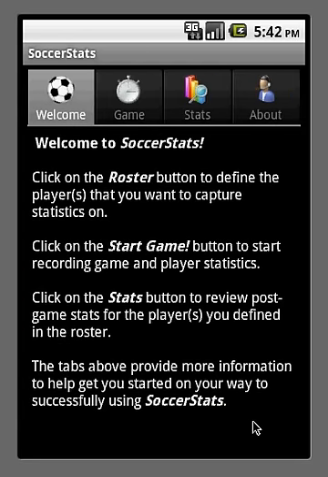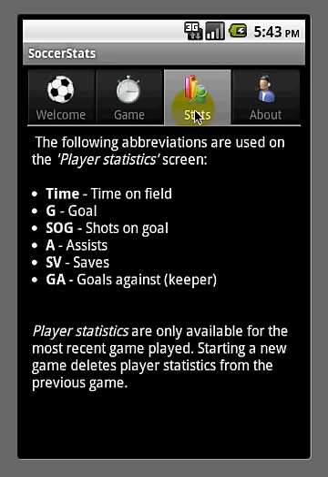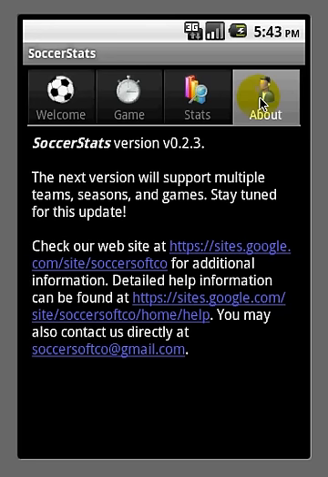Next we'll go to help. Help is where you can find a comprehensive set of help for the application. The Welcome tab that we're on now gives you a high-level overview of how to use the game. The Game tab and Stats tab provide you in-depth help about the gameplay itself and how to record events during the game like goals and shots on goal, and the stats page provides some information about how to interpret the statistics on the stats page,